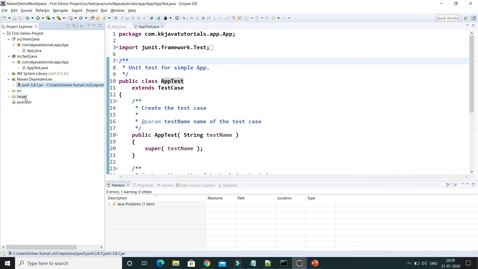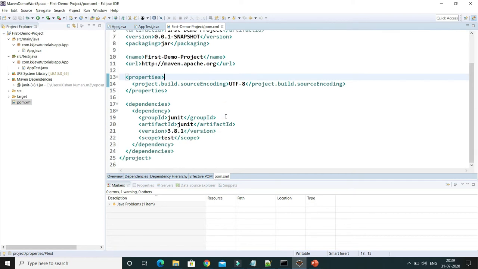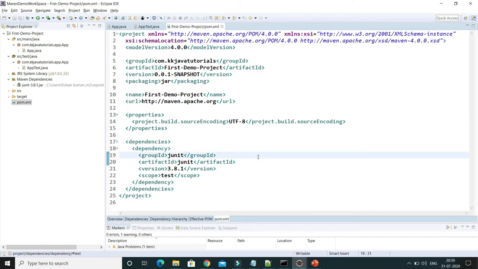It is added automatically to our project classpath, right? Another thing I would like to explain is pom.xml, which is also called the Project Object Model, right? It basically contains all the dependencies available in my project. There are a few things you need to keep in mind. The root element is the project itself, with project start and closing tags.